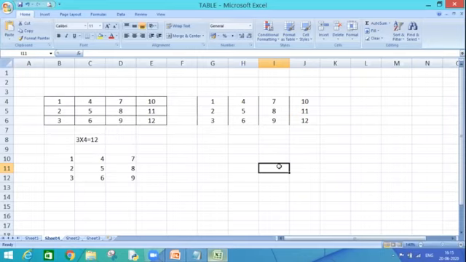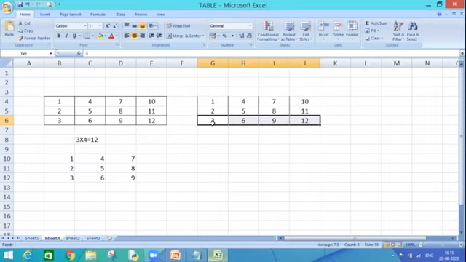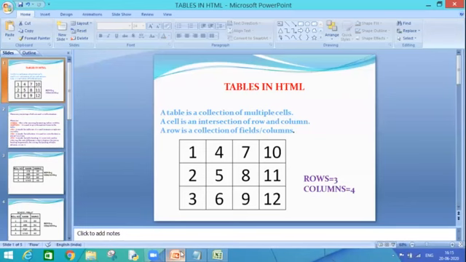This you need to keep in mind. If you are going to form a table, have the concept in mind that you are going to enter your data horizontally. You form one row, and in that row you enter 4 values. Then you come on to the next row and again enter 4 values. Then you come on to the last row and enter 4 values. This is the way of creating a table in HTML. So let's start with it.